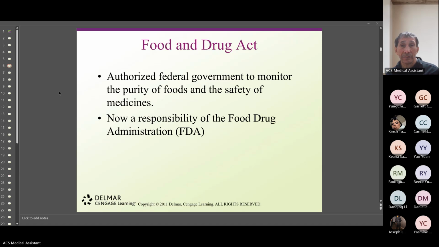Same with medications. See, when they say drugs, actually, I don't like the word drugs. I like to use medication, but that's basically how it is, drugs. And that's what it is. Because every time you talk about drugs, people think that you're talking about illegal drugs, because that's how it sounds.